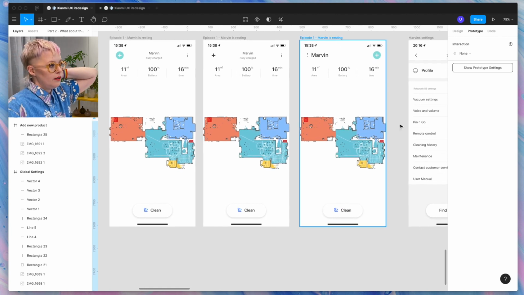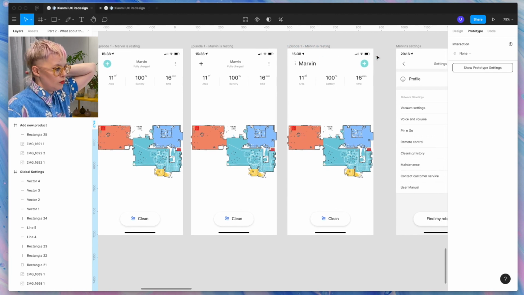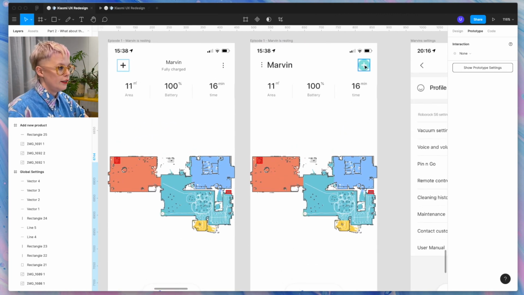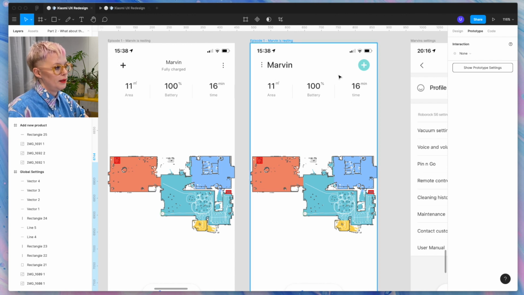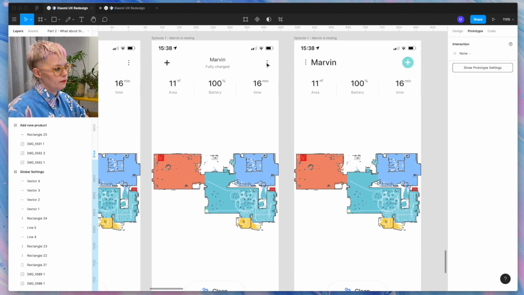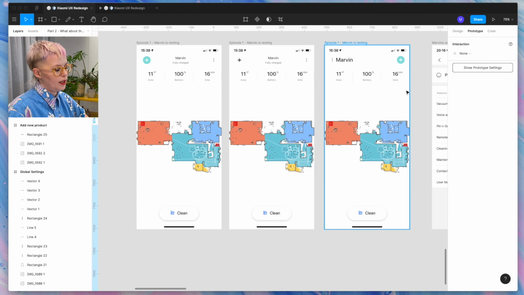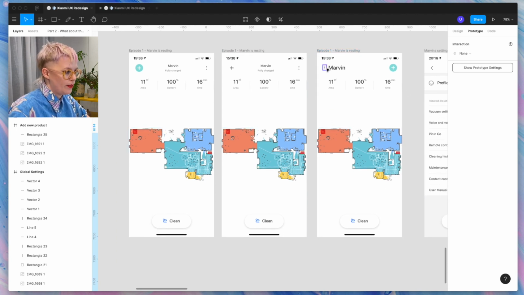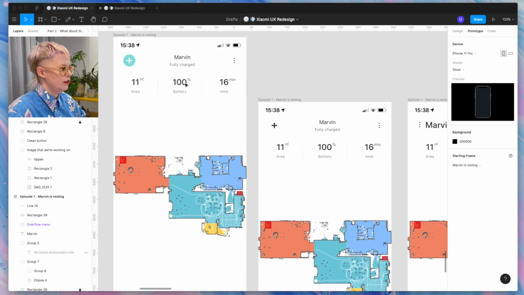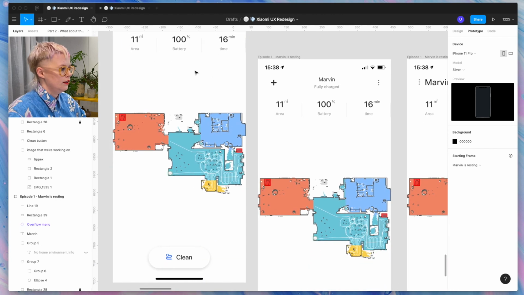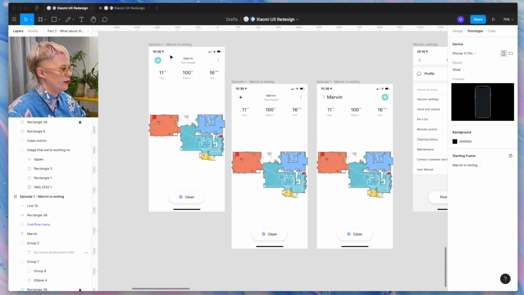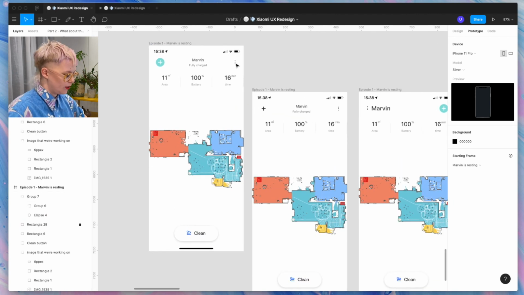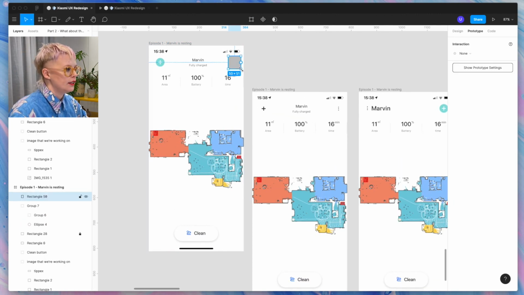There's something nice going on in this one where there's a plus and he still has his menu, but yeah, I don't know which one I prefer. This one looks a little fresher, but this also kind of feels like I should drag this around for some reason when they're grouped like that. Let's work on this one. I made the smallest amount of change. Okay, so if we were to add some interactivity here,